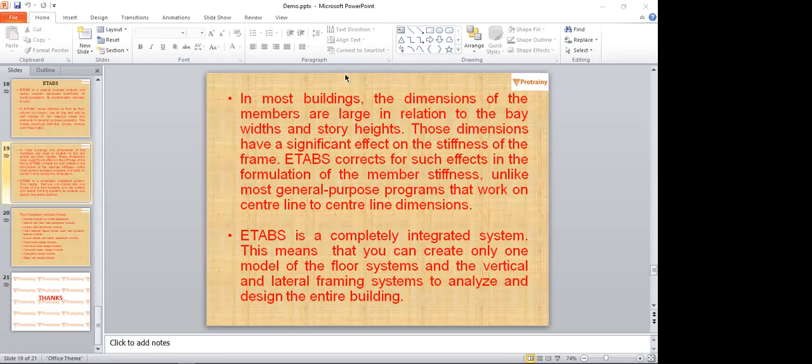Again, we are talking about frame structure. Foundation is